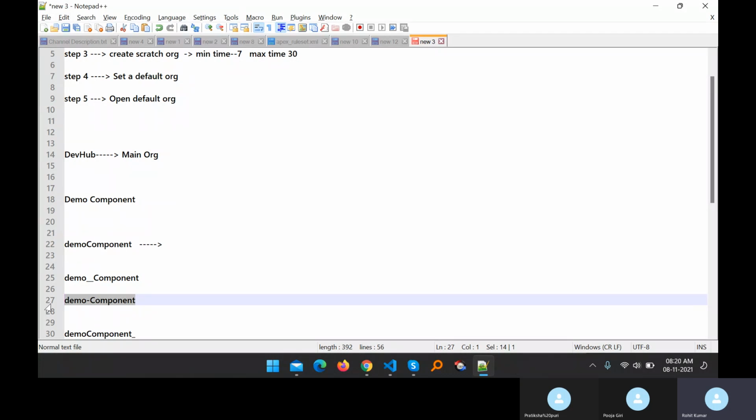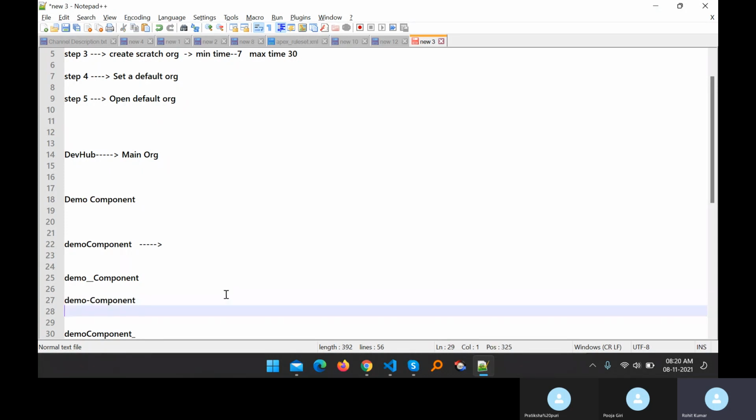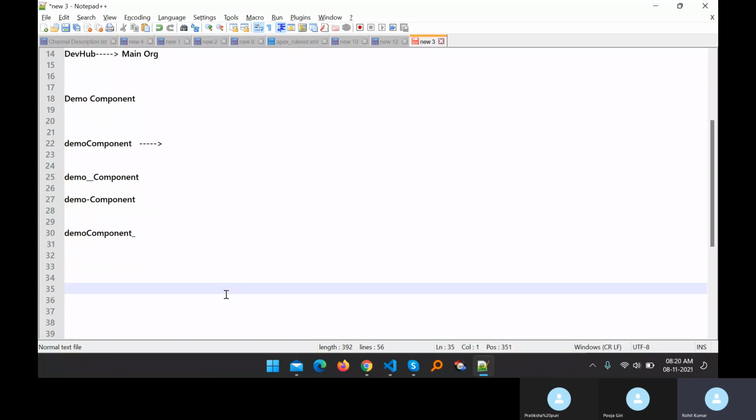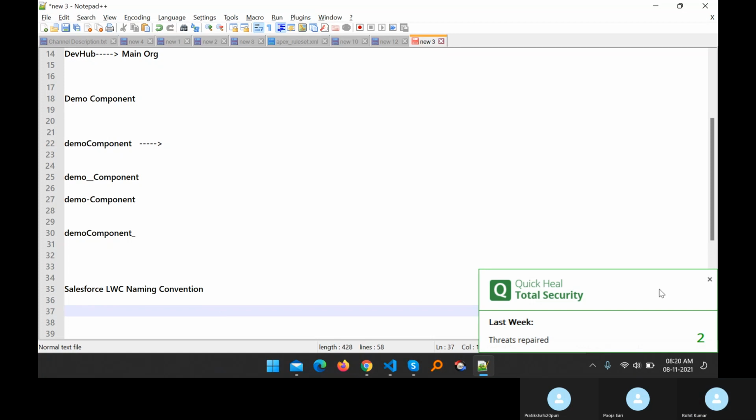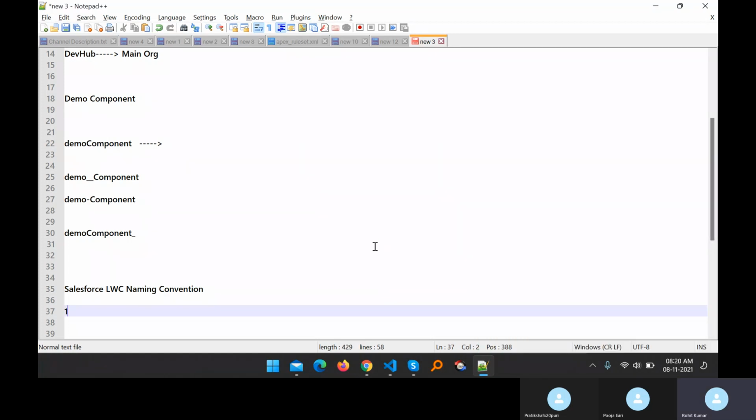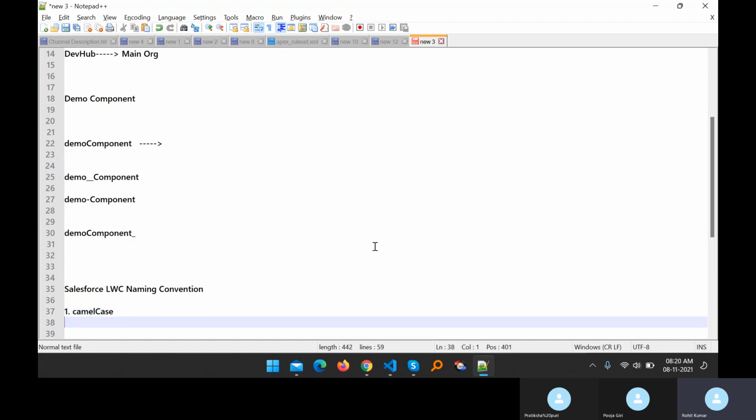Okay, so no need to worry about any other standard naming convention. We have three naming conventions in Salesforce, the Salesforce LWC naming conventions. First is camel case.